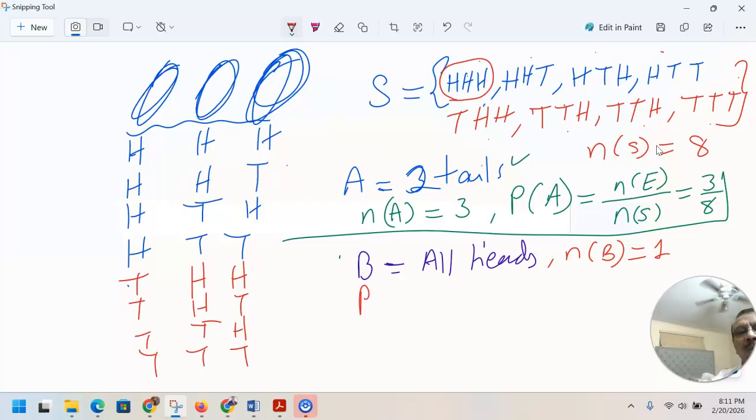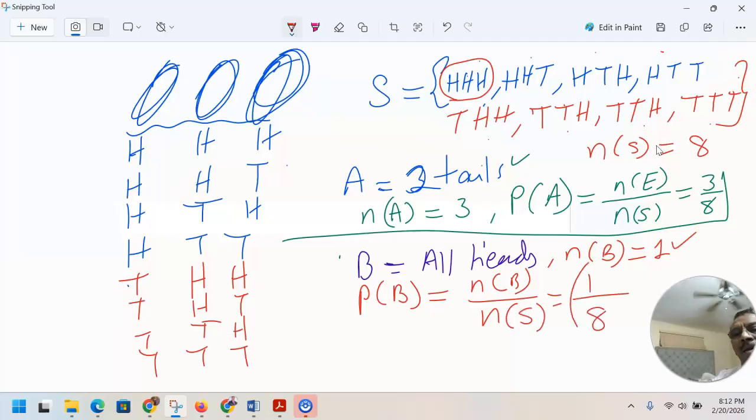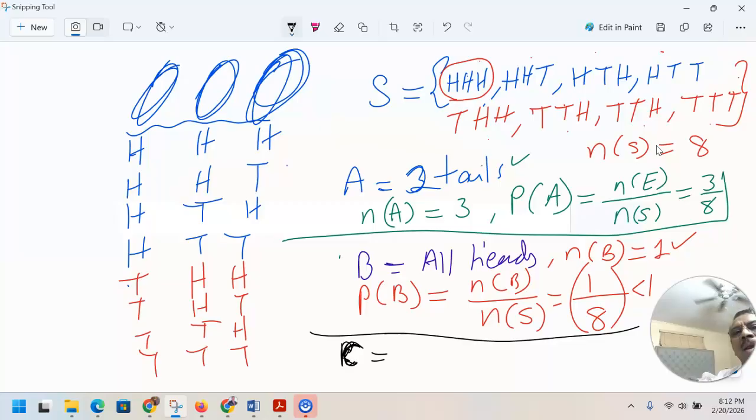So the number of outcomes with all heads is just one. So we want to know the probability that this occurs. So probability of all heads would be the number of outcomes for this divided by all of them. All of them are 8 always, and this is 1, and you are done. So probability is always less than 1, or it could be 1 also. Let's see another option,